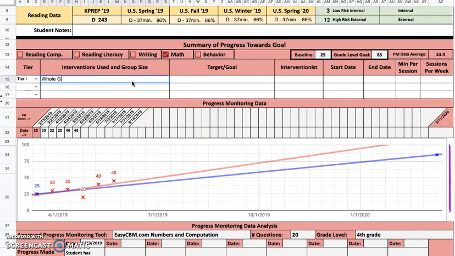So tier 1 is whole group. Interventions are, I would list those. Let's see, this is numbers and computation. So student will reach. Now I want them to get to an 85% to be on par with grade level peers, but from this intervention cycle, that's probably not going to be a goal that he can realistically reach. So let's say student will reach cycle goal. For the next 8 weeks, a student will reach cycle goal of 25. Let's say that we want to get them to a 45%